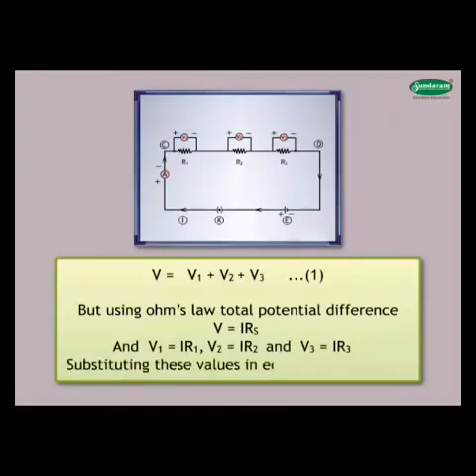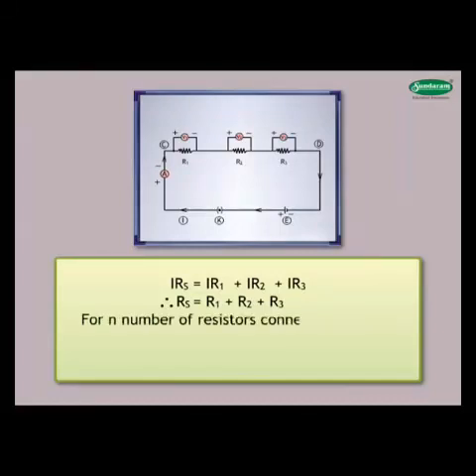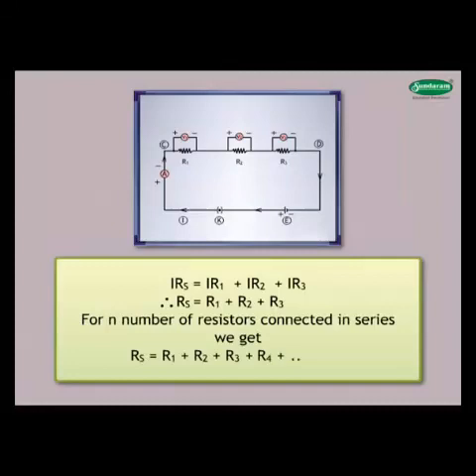Substituting these values in equation number 1, we get IRs is equal to IR1 plus IR2 plus IR3. Therefore, Rs is equal to R1 plus R2 plus R3. For n number of resistors connected in series, we get Rs is equal to R1 plus R2 plus R3 plus R4